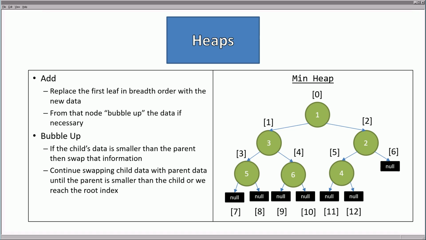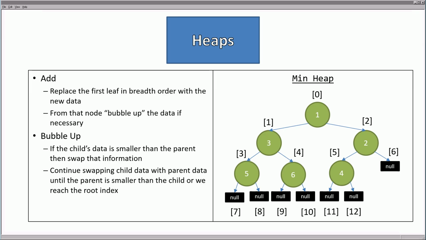So as it was described before, add works in a very similar way with the min heap. First, what we need to do is replace the first leaf in breadth order with the new data. From there, we need to bubble up the data if it is necessary. Now, the bubble up process is if the child's data, in this case, is smaller than the parent, then we swap the information. We continue swapping the child's data with the parent data until the parent is smaller than the child, or we